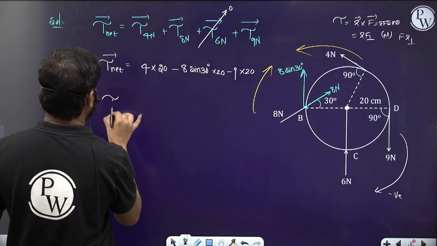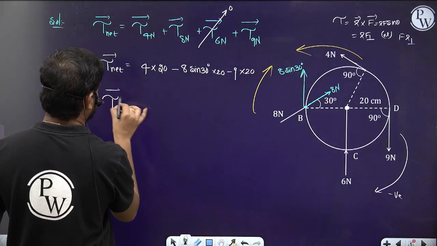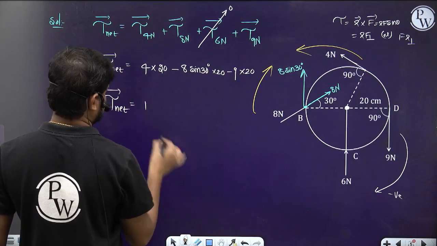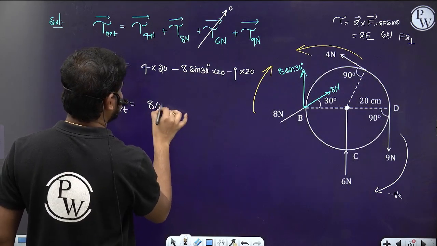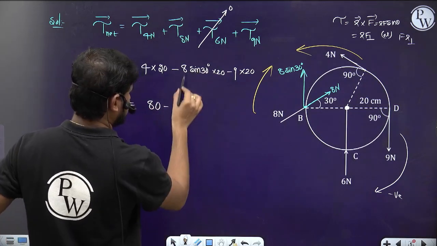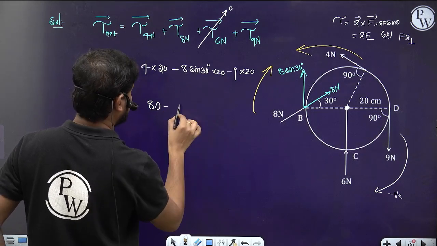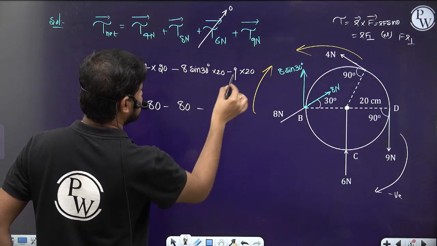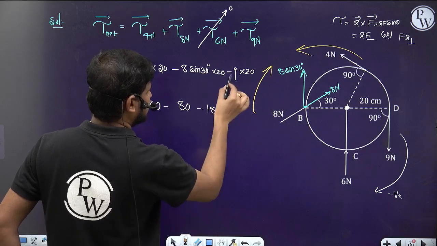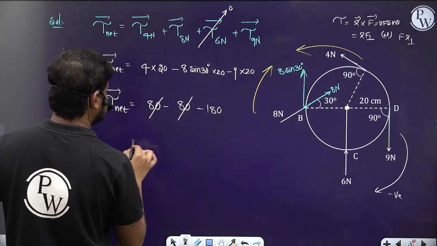So the net torque will be equal to 80 minus, this sine 30 is 1 by 2, so 1 by 2 into 4 into 80, minus, this is going to be 180. Yes or no? So the net torque is